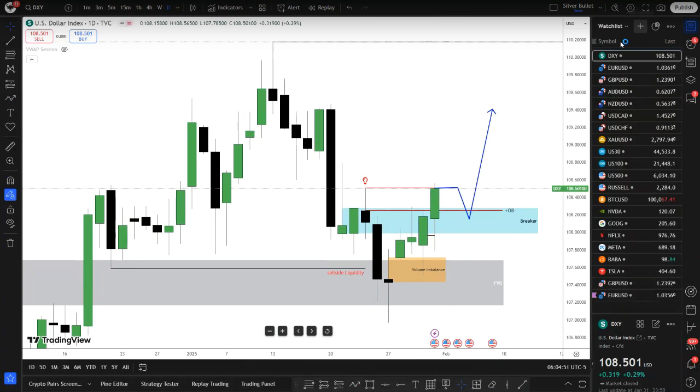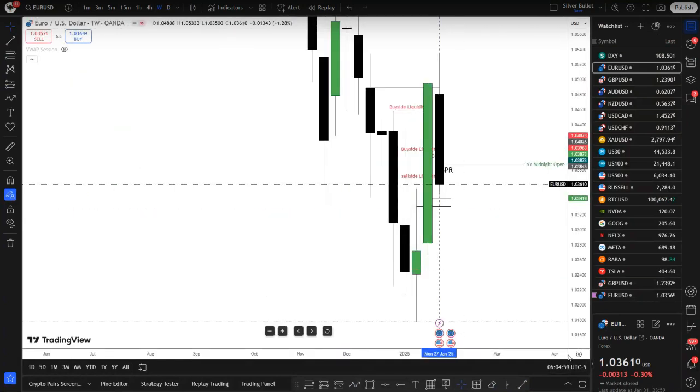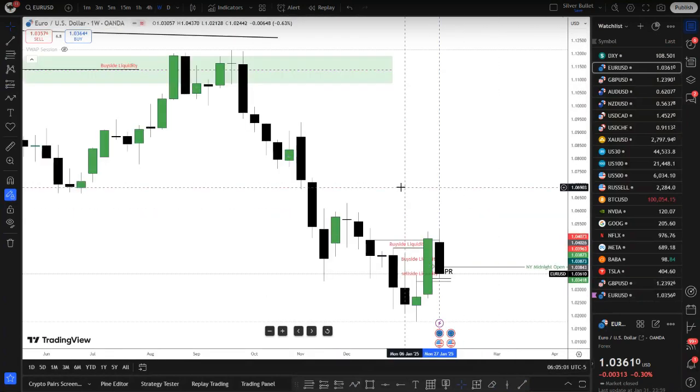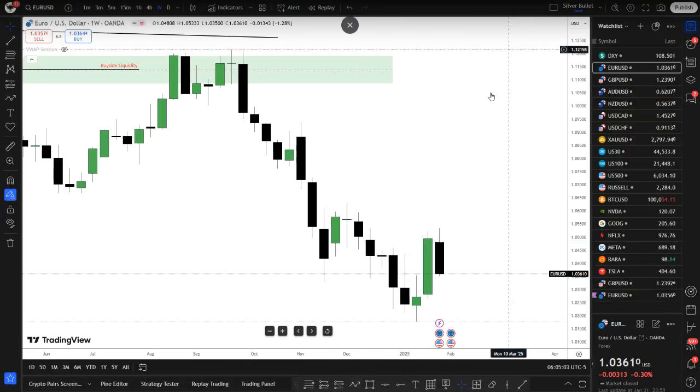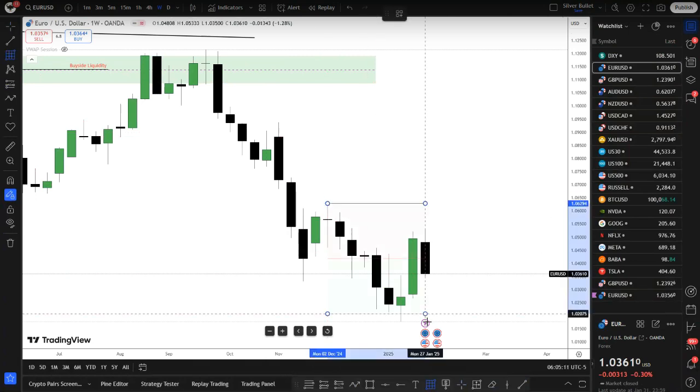So let's take a look at euro now. If we are bullish on the dollar, which means we are bearish on euro. Good. So if we are bearish euro, let's remove all of these tools here, lots of them, by the way. We look at euro here on a weekly chart. We have this range high, so we want price to back up into premium of this range high, down to this level.